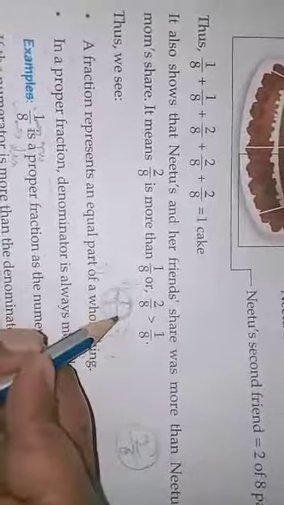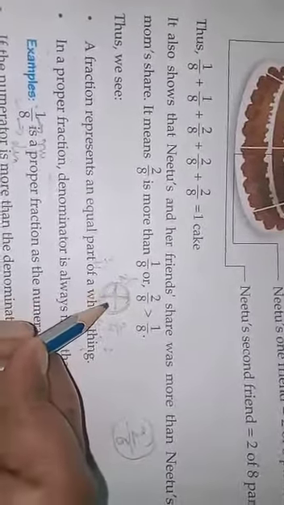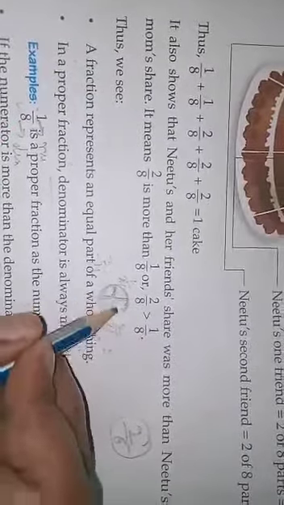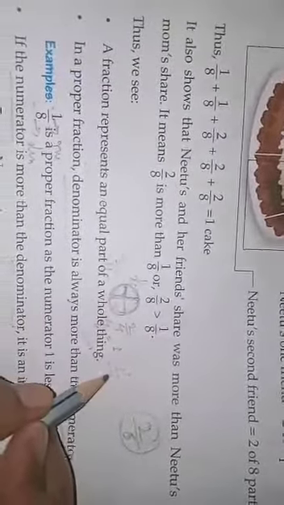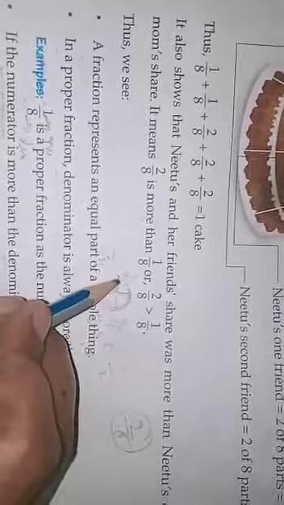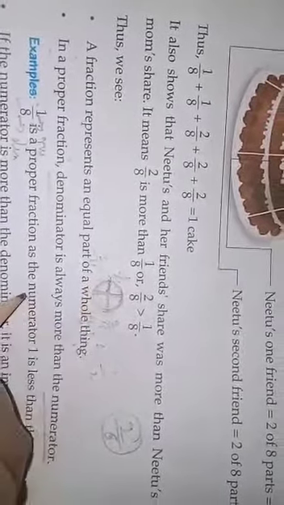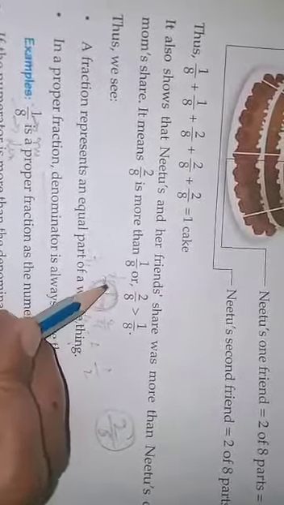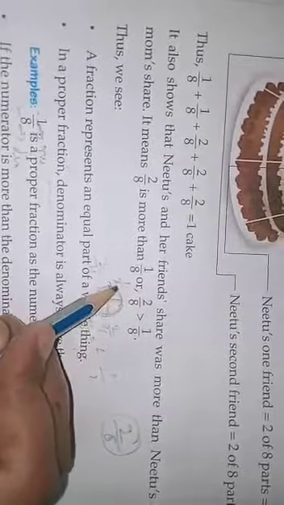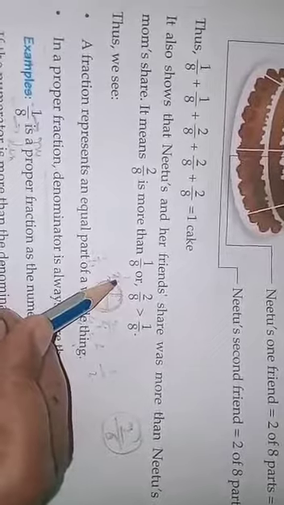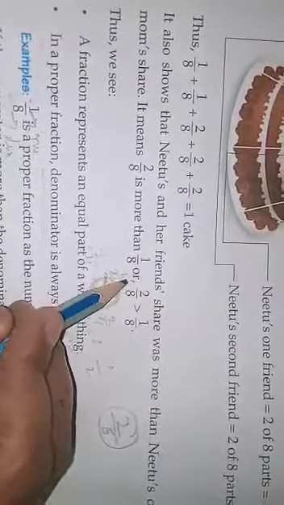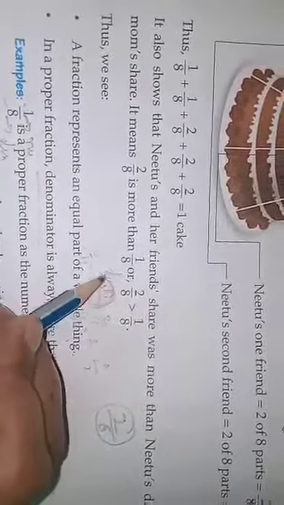This is our one circle. This circle I have cut in half. It means this is 1 upon 2. Now I am cutting this into 4 parts: 1, 2, 3, 4. Now each part I am dividing. First, 1 upon 4. Below we write the total parts, and the part we are taking, we write up. So 1 upon 4.